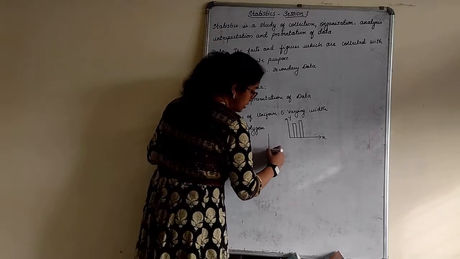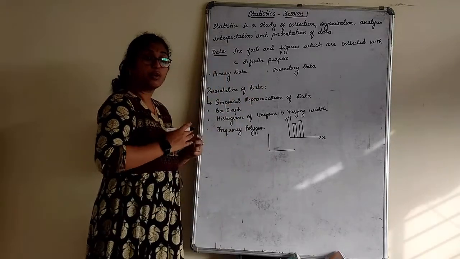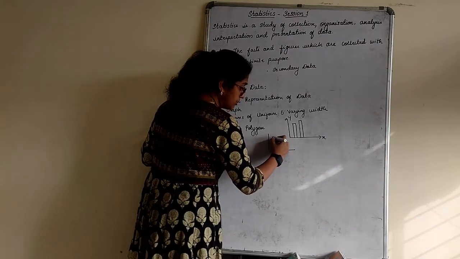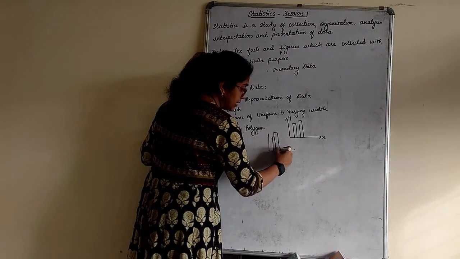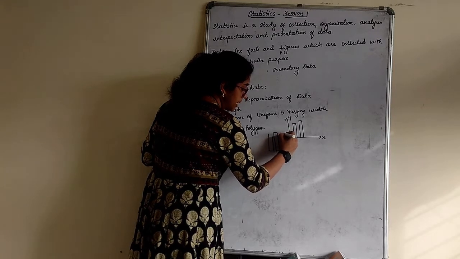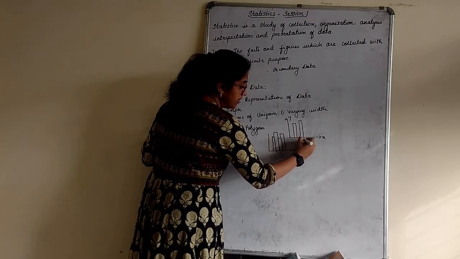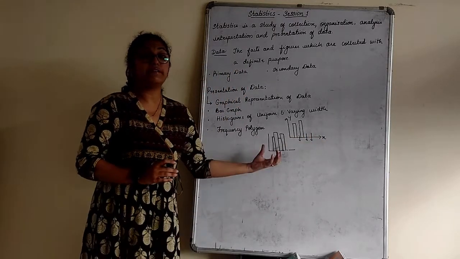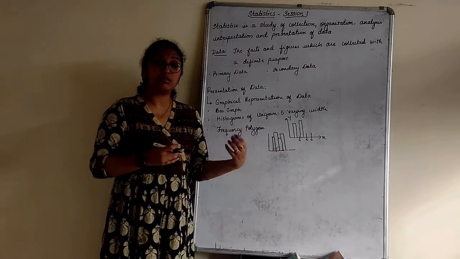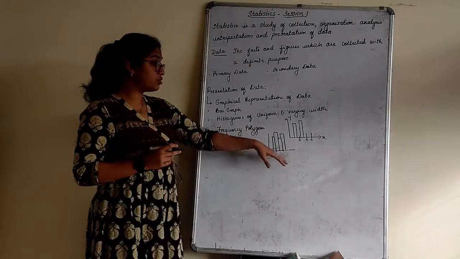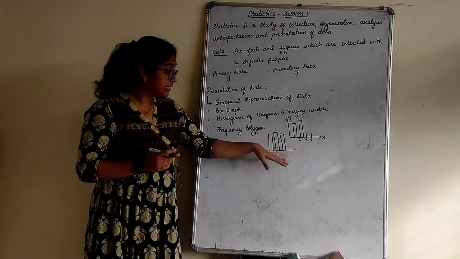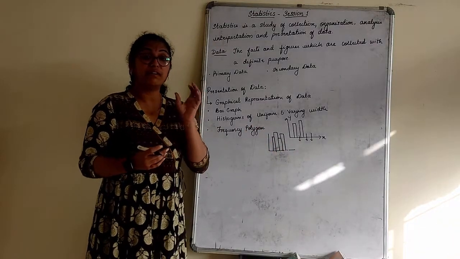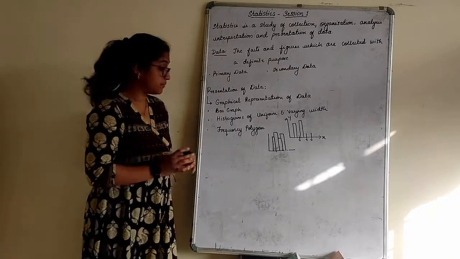When we talk about a histogram, we represent it horizontally with continuous class intervals. I will discuss continuous class intervals shortly. Here in a bar graph we leave the same width gap everywhere. In a histogram we do not leave a gap between the bars, right? That is the histogram and the bar graph. The same histogram, this is of uniform width. If it is of varying width, we have a different particular way to calculate that.